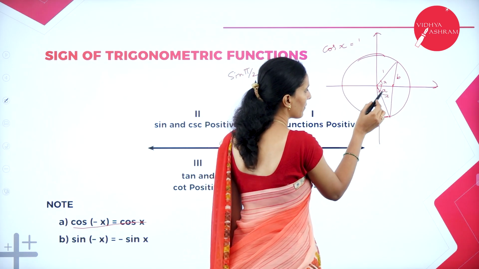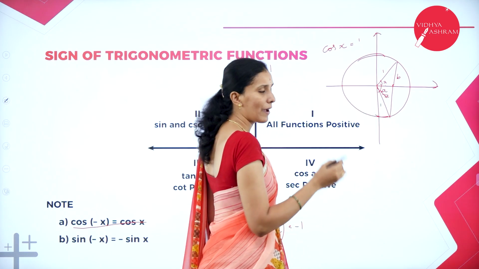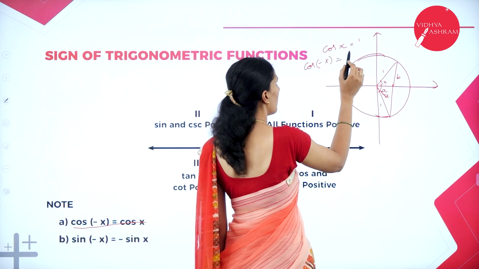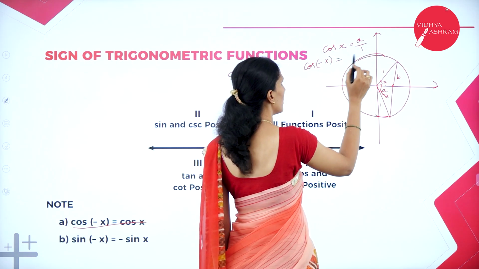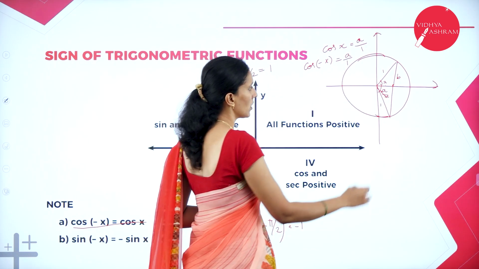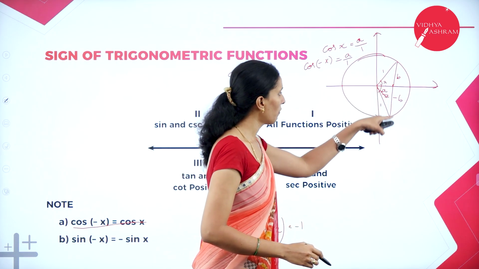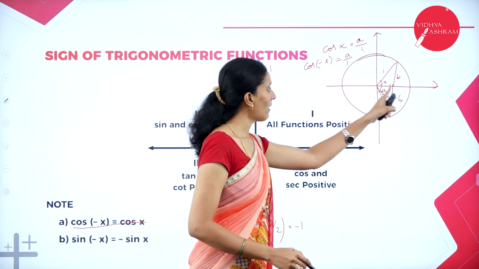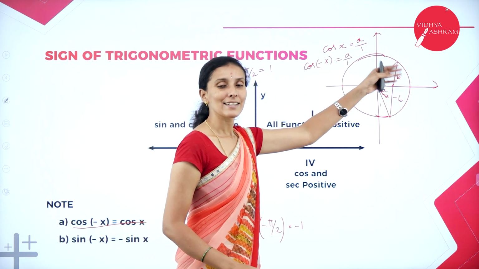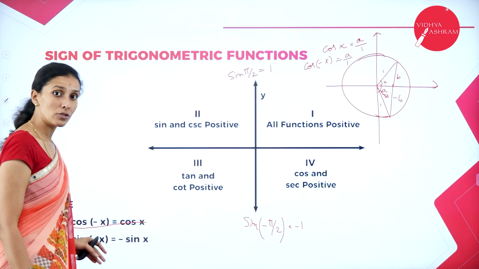What is cos of this function? Again it is A by 1 only. That is adjacent by hypotenuse. Here also it is adjacent by hypotenuse. But the sign value changes. So here it is B and here it is minus B, because the value of y here is negative but the value of x is positive. So based on the x-axis and y-axis, the value of the trigonometric function also changes.